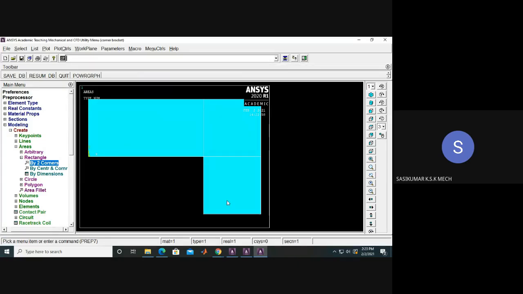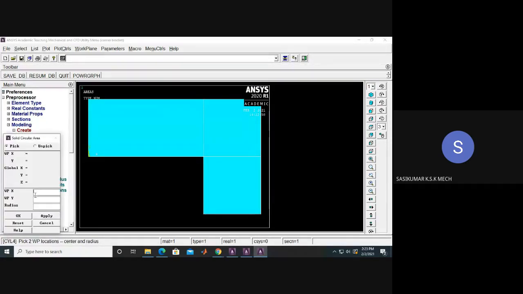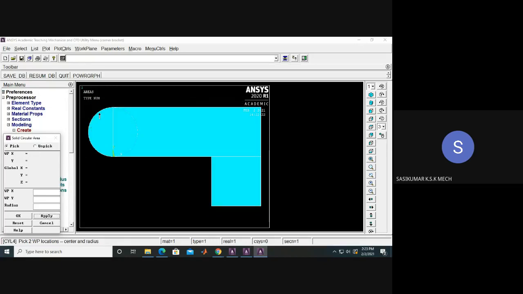On this end and this end, I need to create a circle. So go to circle, solid circle. The origin will be here. For the left side, this will be the origin. X is 0, y is 1. The radius of this circle is once again 1. Just give apply. So a circle has been created.